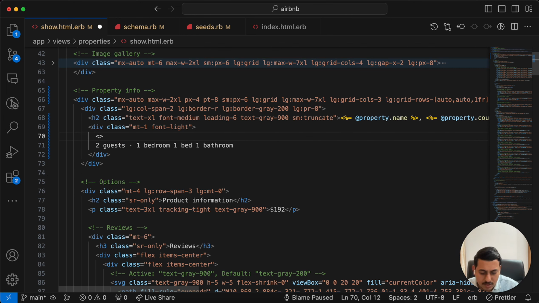At this point I'm just assuming that these won't be nil. If you're not adding those details at the backend, you can basically fix them on the front end. Okay, property guest count followed by text for guests followed by this dot